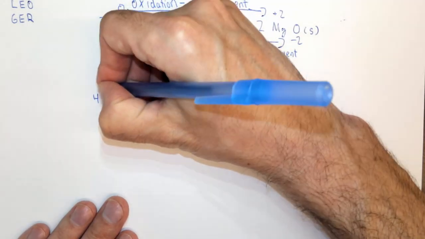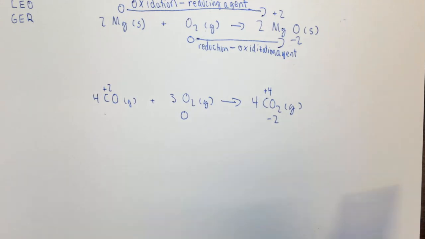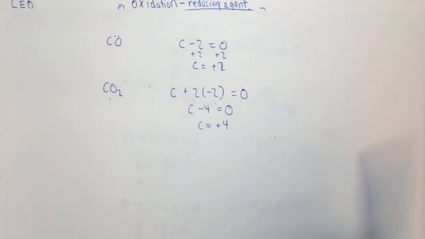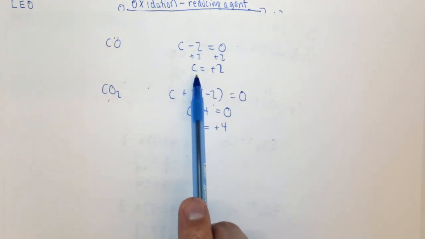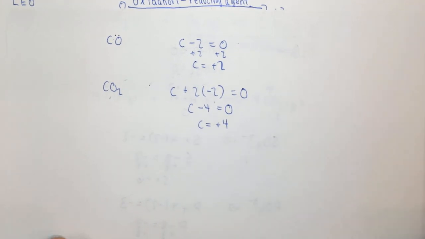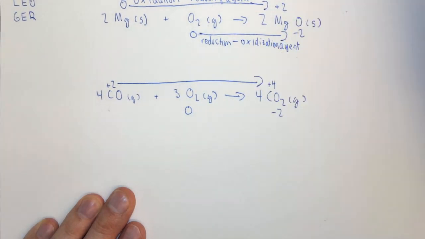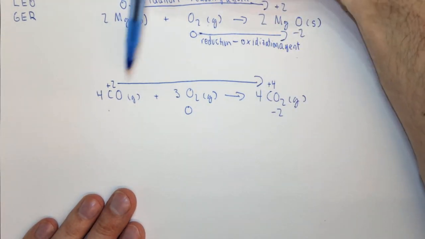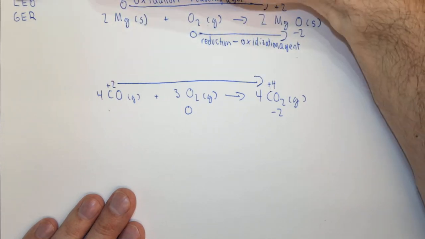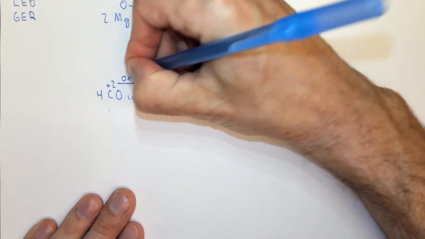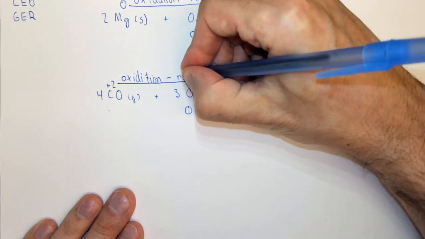So here in carbon monoxide, it's +2, and here in carbon dioxide, it's +4. You could figure that out exactly the same way that we did here, where we have carbon monoxide and carbon dioxide. But here I'm just going to put them. So carbon goes from +2 to +4. Let's look at what's going on. If something goes from a charge of +2 to +4, did it gain electrons or did it lose electrons? Well, its charge went up, so it lost electrons. Losing electrons is oxidation. And therefore carbon monoxide is the reducing